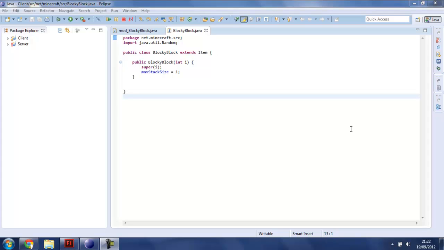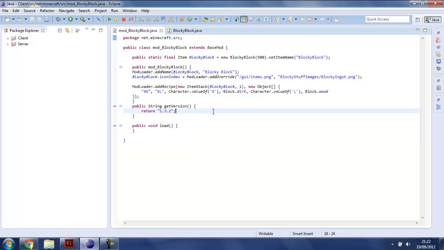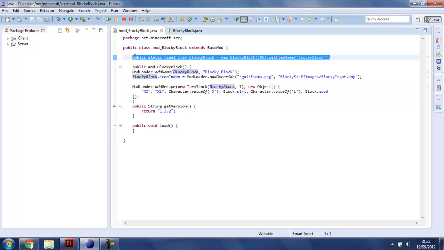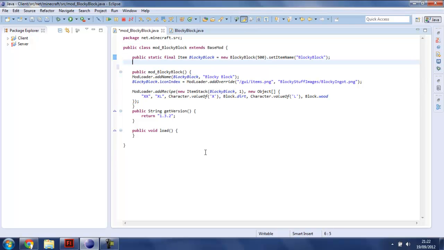Hey guys, today basically what I'll be teaching you on your Minecraft modding, because this is episode 3, is how to create a block and make it drop anything you want when you mine it. It's fairly similar to this, but what we're going to do is basically copy the code,